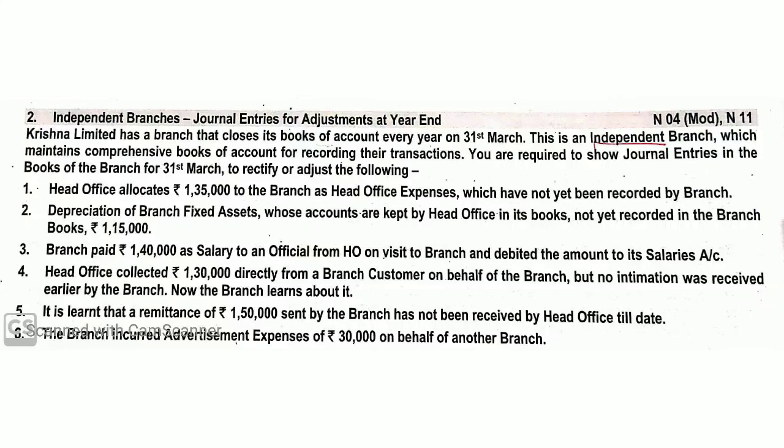Head office account should be debited, because debit the receiver. Head office account debit, since our debtor has given that amount to the head office, which actually they have to give to the branch. So in the books of branch, head office should be debited and debtors account should be credited. Understand?